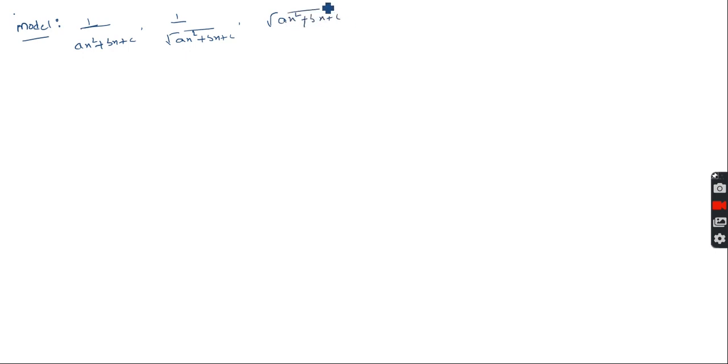So today in class we discuss 1 by ax square plus bx plus c, 1 by root of ax square plus bx plus c, and root of ax square plus bx plus c. That means these will be converted into 9 standard formulas. Here, what is the procedure? The procedure is,